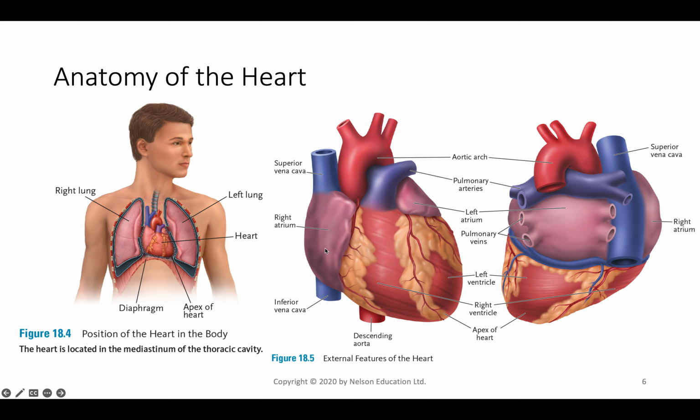right atria, which is where the blood's going to come in. So again, blood comes in through the right atria, then it's going to go to the right ventricle, then it's going to be expelled out of the heart into the lungs, out through these pulmonary arteries. When it goes out from the pulmonary arteries, it's going to go to the lungs, then it's going to return back in through the pulmonary veins, and then it's going to go into the left atria, left ventricle,